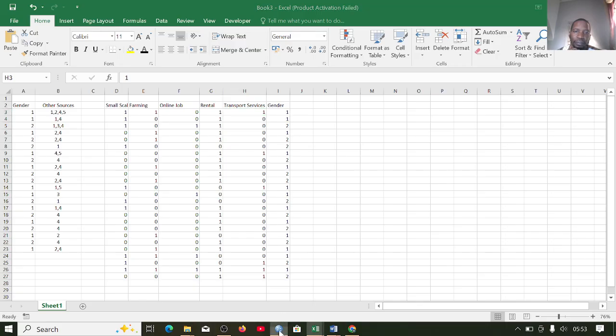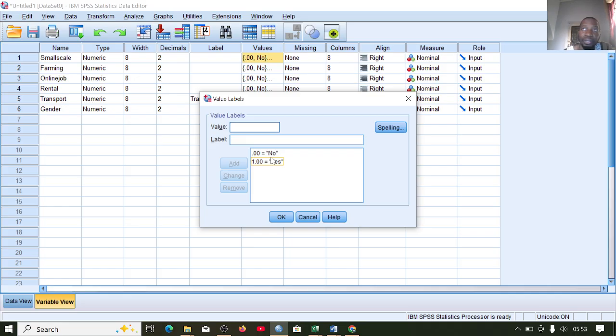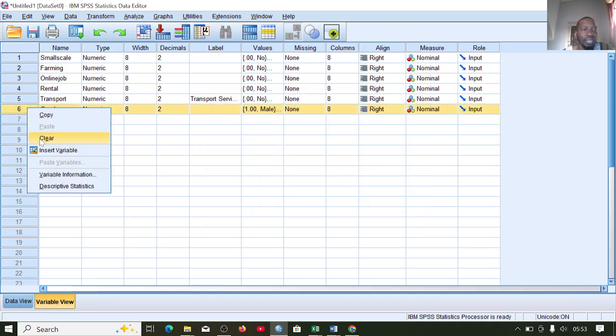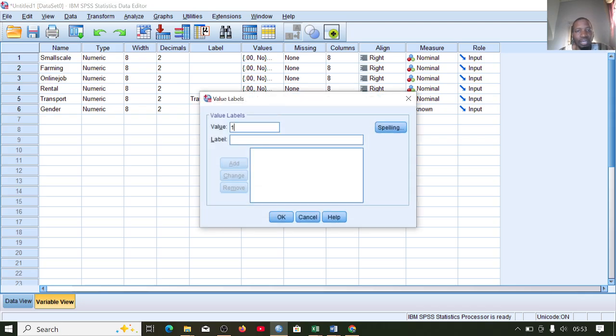and first of all, you need to create your variables. So here for each of the options we will allocate 0 if the option is not selected, then we'll allocate 1 if the option is selected. So let me just clear this gender and demonstrate how it is being done in order to refresh our memory. So let's say this is the gender. Under the gender, I will use 1 for male. Then I will use 2 for